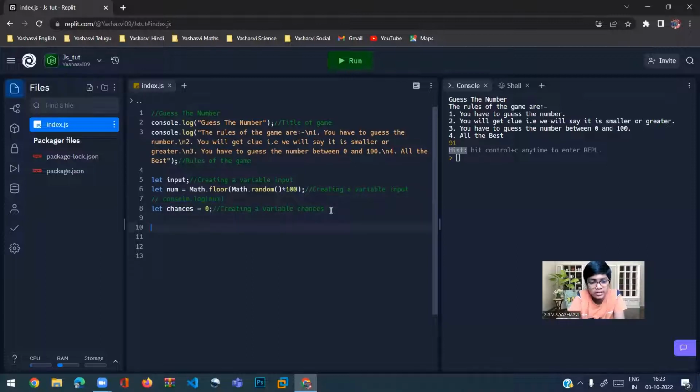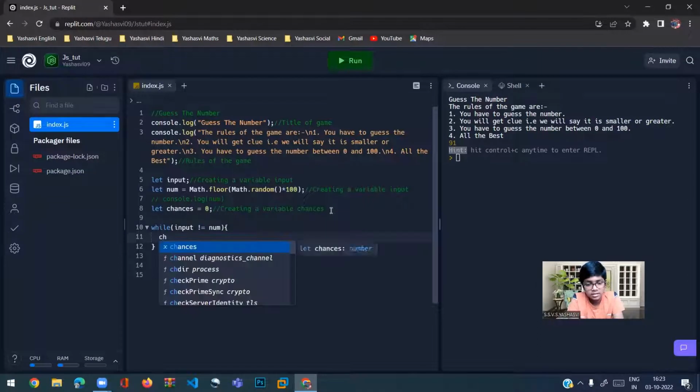Okay, now let's create a while loop. While num is not equal to, sorry, while input is not equal to num. Yeah, both are the same, which I wrote even first, but I feel that the input should be in an order. I haven't specified an order, so both are the same. Let's increment the chances